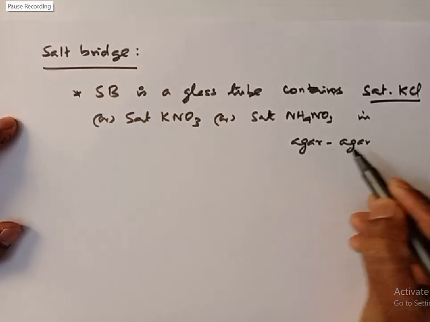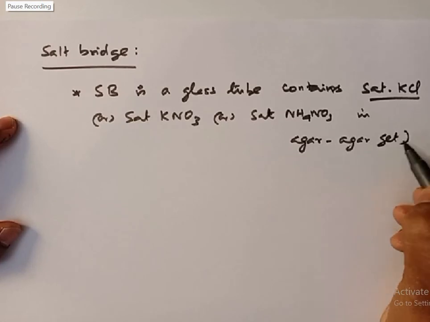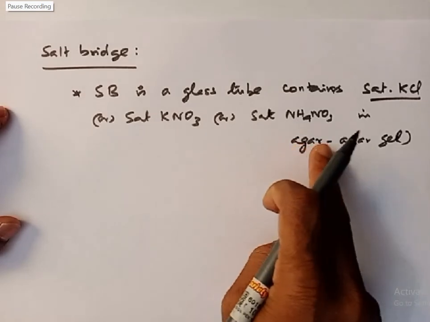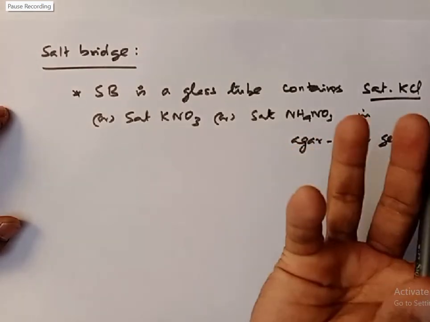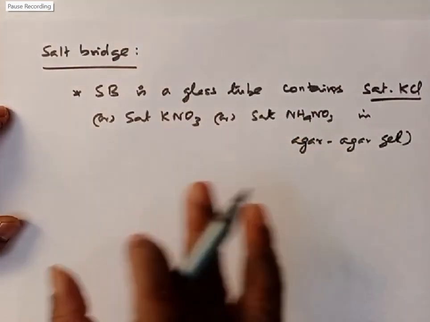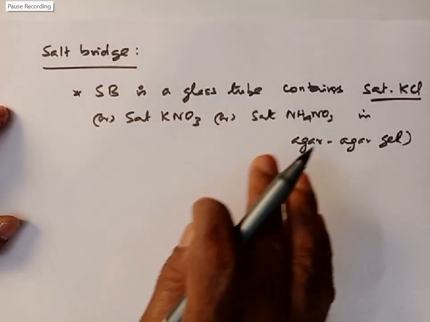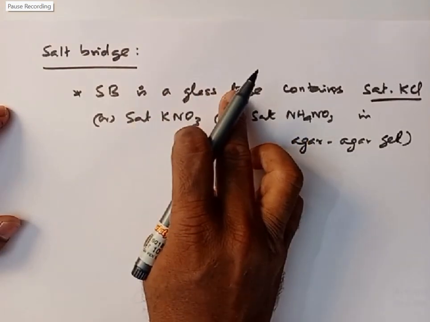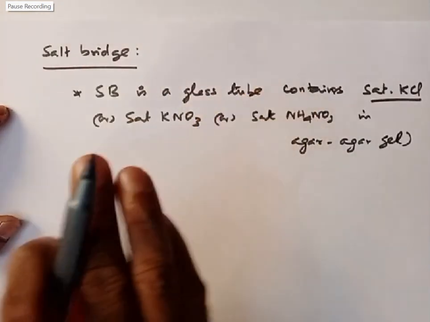Agar is a polysaccharide. Okay, in this polysaccharide gel, we'll mix the polysaccharide in hot water. We form gel. In that gel, we add saturated KCl and we'll mix it continuously. Okay, then that gel is sucked in the glass tube, then the glass tube is dried, you'll get what is